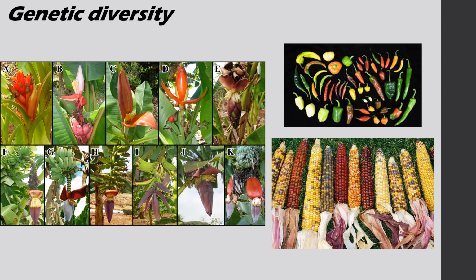So without genetic diversity, we wouldn't be able to do this. If we didn't have a lot of different kinds of bananas occurring naturally in the wild, then we couldn't breed ourselves a new banana when ours goes extinct. Now, this also touches on why genetic diversity is so important in plant species, because if one type of species is susceptible to a disease, there are other relatives, usually, but not always, but sometimes, that can fill that niche that those plants were in when those ones go extinct or when they suffer from some sort of pathogen